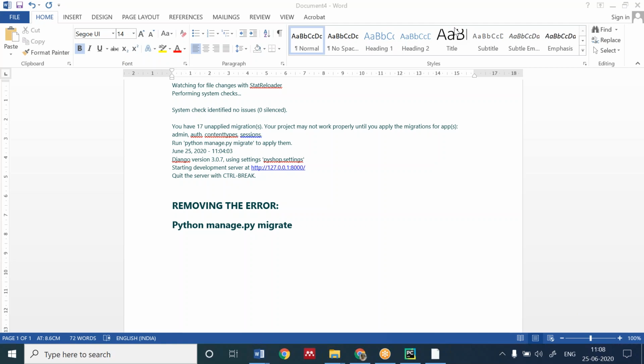Now we are going to create tables in the SQLite DB. How to create a table in SQLite?